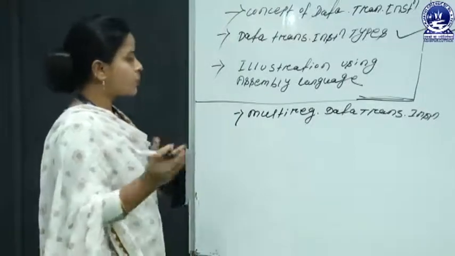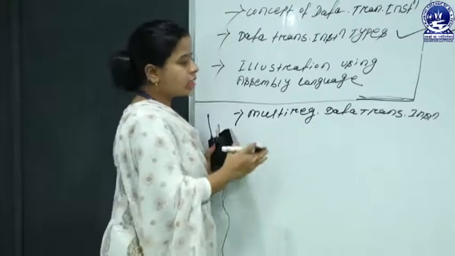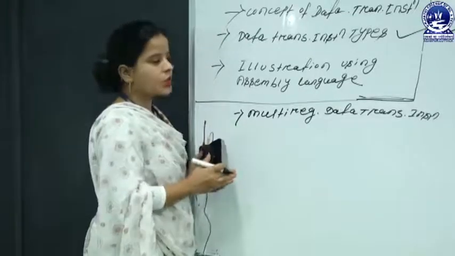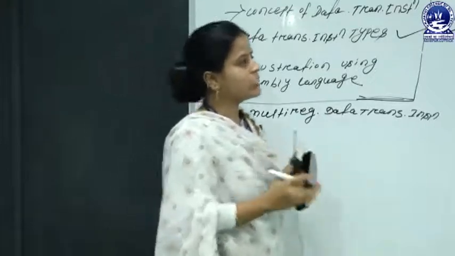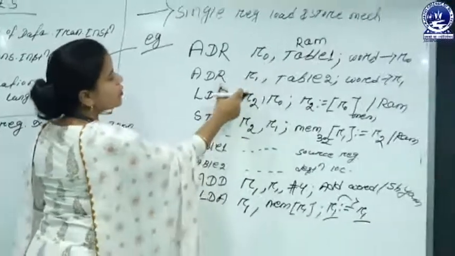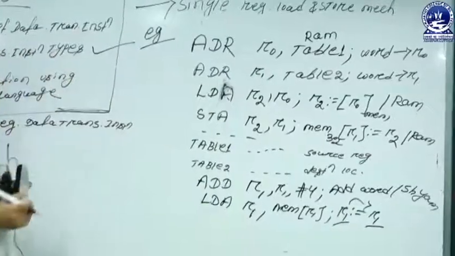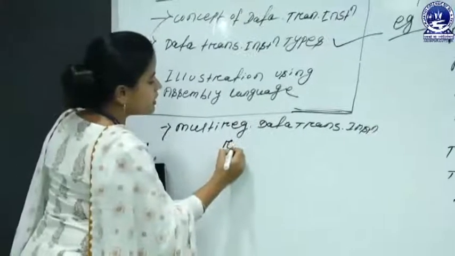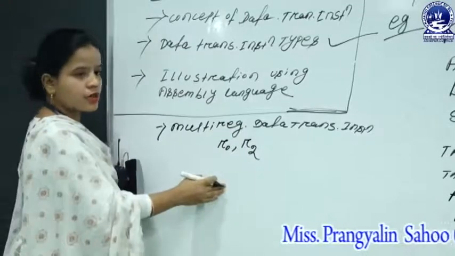So here the processor uses multiple register data transfer instructions. That means if the programmer needs to perform any type of manipulation, and requires inserting 2 data values at a time simultaneously, you would otherwise insert the data one by one. First you insert the data into register R0, then you enter the register R1. But in this case it is possible to insert multiple registers of data at a time.